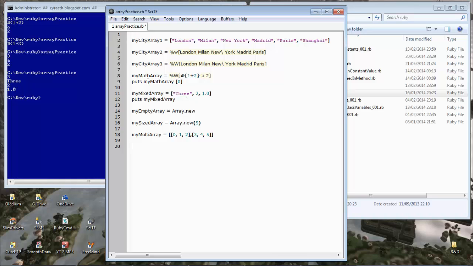So this is straightforward. If I just want the first element of the math array, I just say 0. But I've got an array inside an array, and it might feel like we want to go, put my math, oh no, sorry, not math, multi array, and we might want to go, okay, so we know, for example, this would be 0, right? This is 0, and this element here must be 1. So if I want to get, let's say, number 4, what would I do? I would go